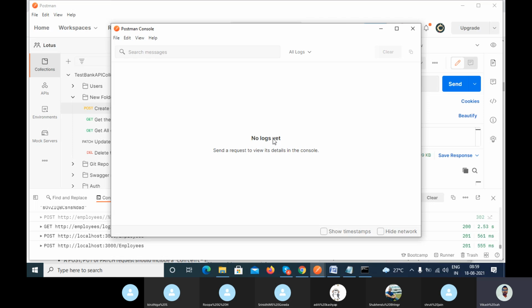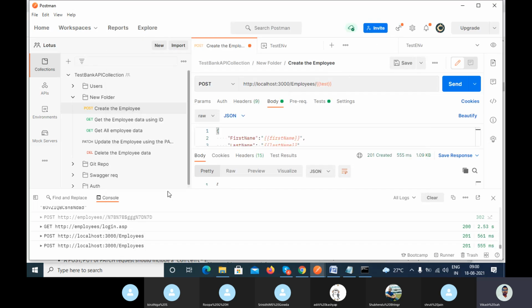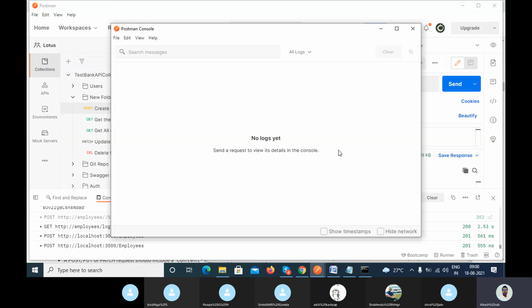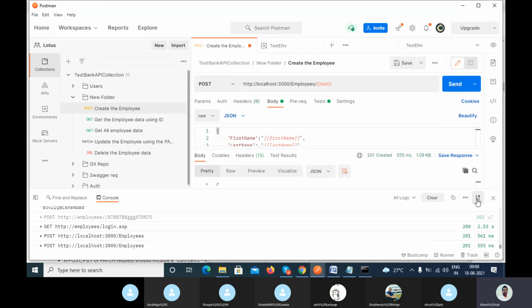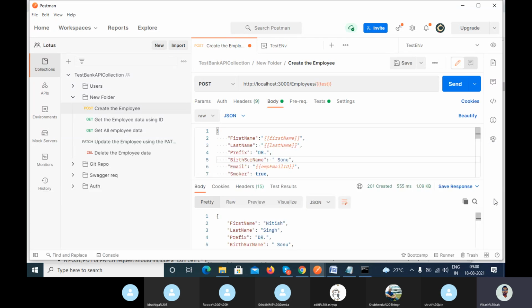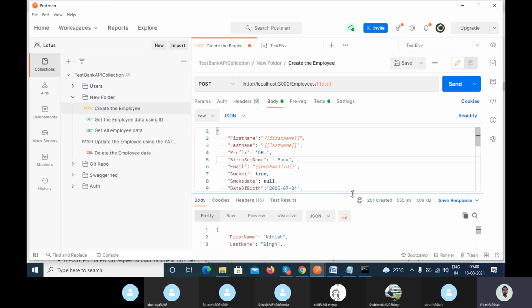So whatever action we do in the Postman, if you open the console, you can check the logs. Okay, so you can also use this one, because your screen will get split. So that's why, to get better visibility, I opened the new window. How can you open the new window? Click on this arrow icon, this one, and close this, so that you have one screen. Okay, when I call this,